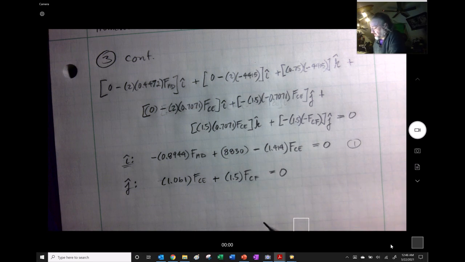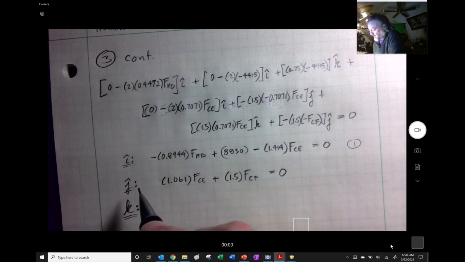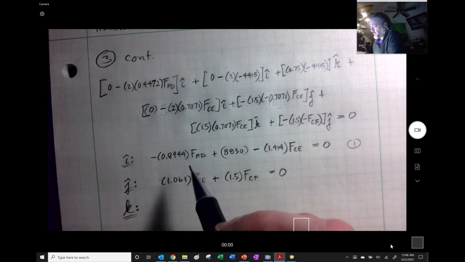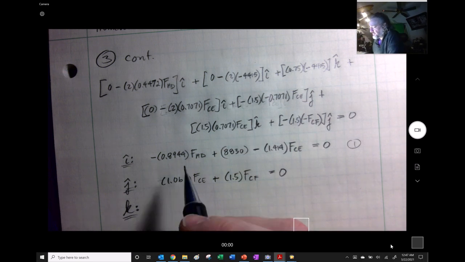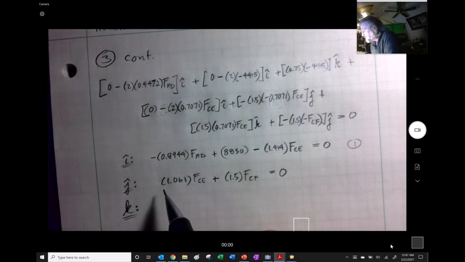I don't know. I think I could try to find where the original problem came from. Let me look it up. Maybe they phrased something like, would you need to replace that with a rod? Now looking at the thing, I kind of think you have to. I don't know. Okay, anyway, let's look at the K's. The K's have it